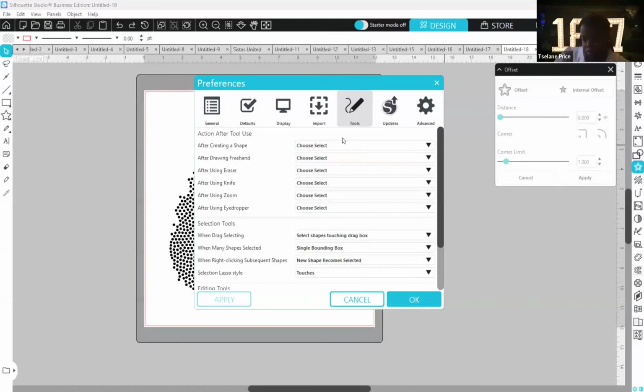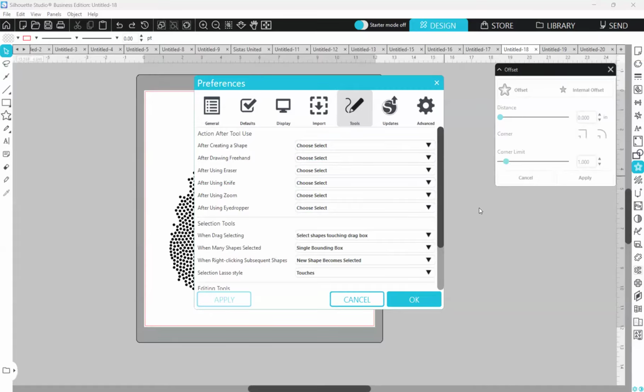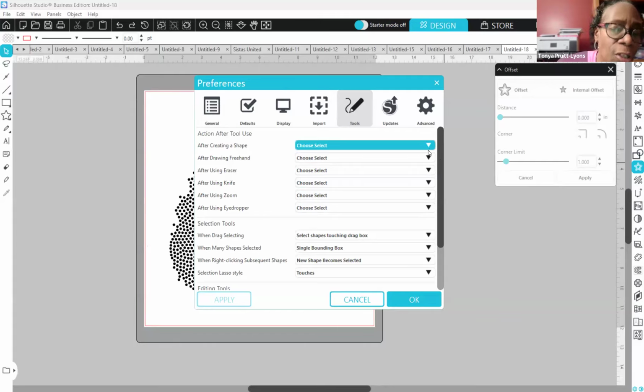It says after creating a shape, after drawing freehand. Is that where I'm supposed to be? Yes. And right next to that, what does it say? Does it say choose select? No, it says continue drawing shapes. Right. So I'm going to show you what that means. If you go over here to the shape tools